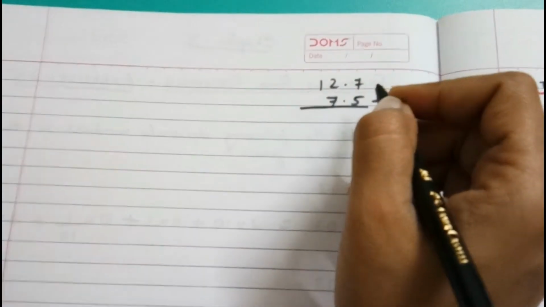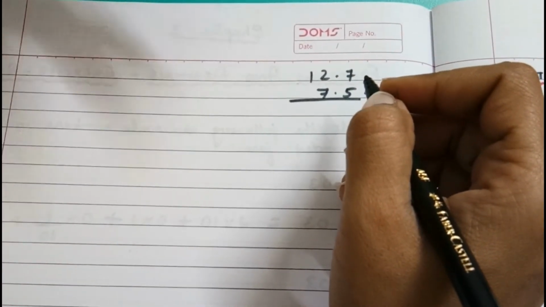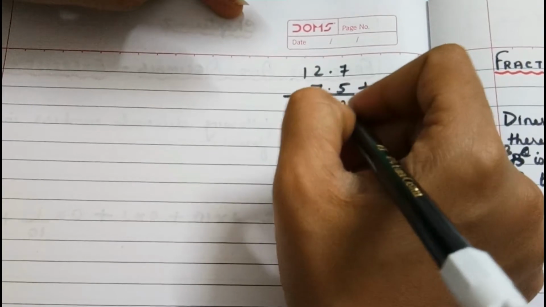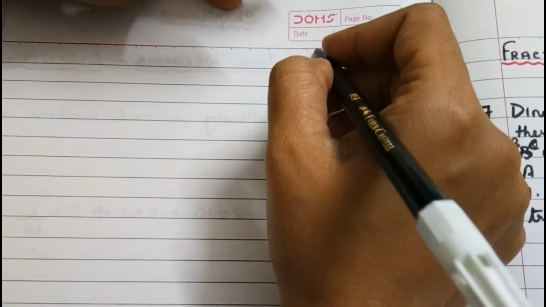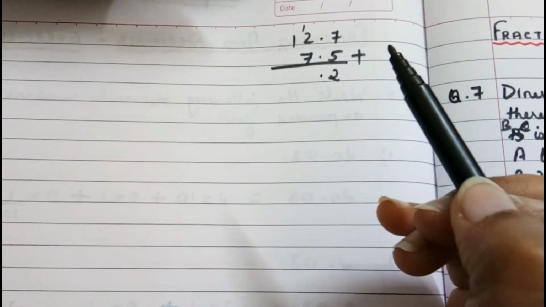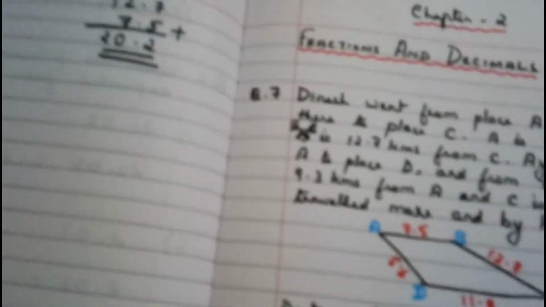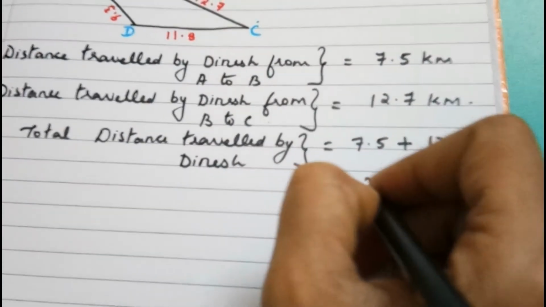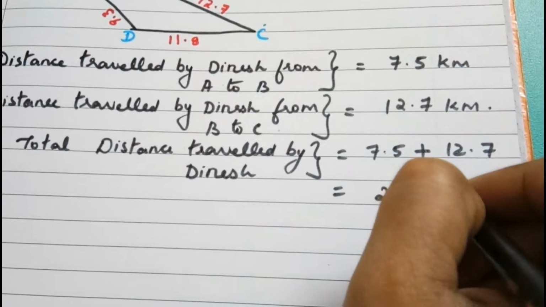7 plus 5 is 7, 8, 9, 10, 11 and 12. So here it will be 2, carry 1. We'll bring this point here down. Okay? Now 7 plus 2 is 9. 9 plus 1 is 10. So here it comes 0, carry 1. 1 plus 1 is 2. That is 20.2. So the total distance travelled by Dinesh is 20.2